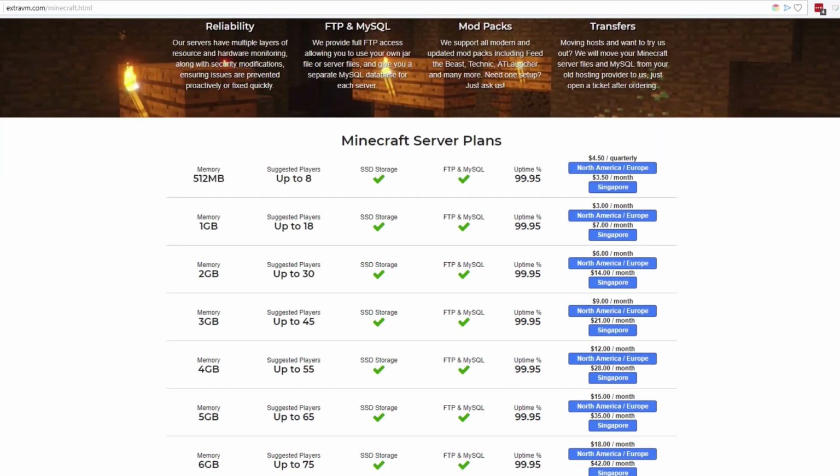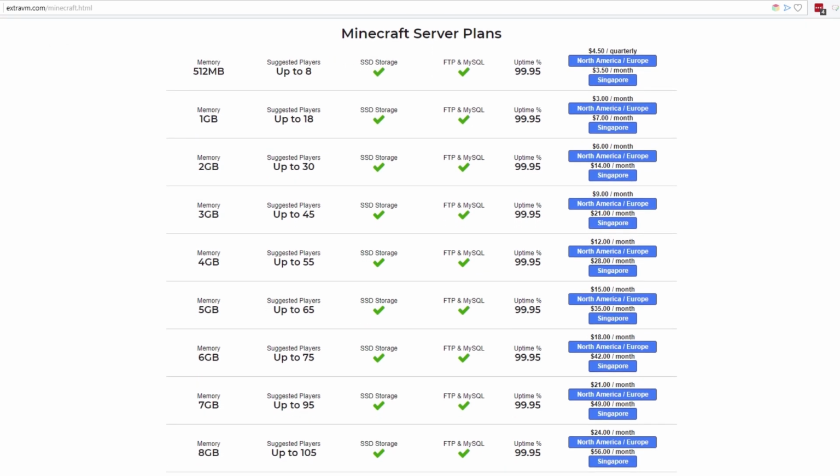All right, so which server plan should you select? You can see that you have the memory at the very top, the cheapest option, $4.50 quarterly, that's about $1.50 a month. You can have up to 8 players, 512 megabytes of memory, and it seems like a decent size for a private server between you and a few friends, and it definitely could be, but consider that if you are going to travel a lot and roam around your world a lot, you're going to probably use up